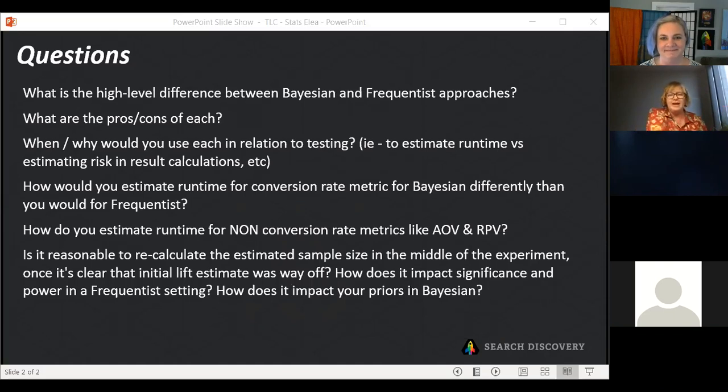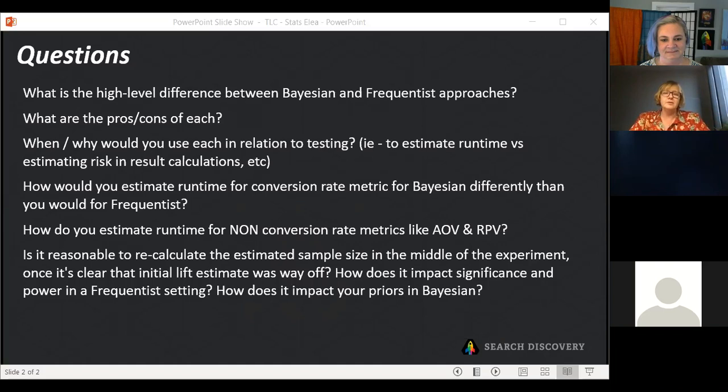You shouldn't go back and change your prior. Your prior should be your subjective belief before you saw any data. And then after you start collecting data, you use Bayes' formula to do those updates. And it's all good. So let's pop over to the Frequentist side.